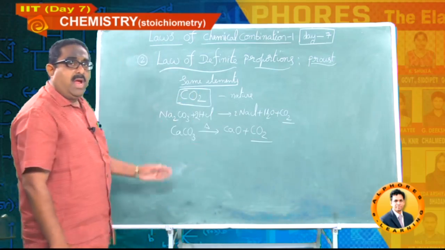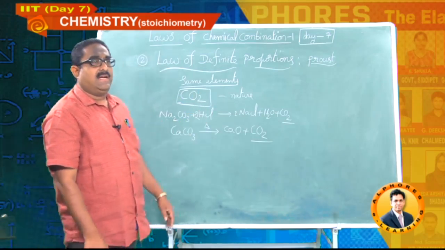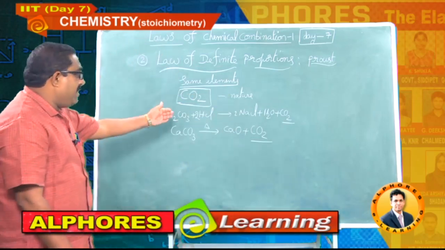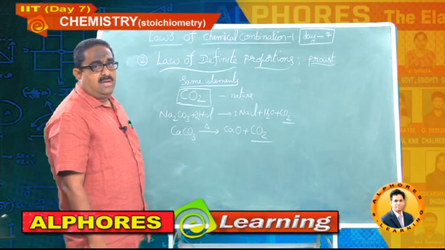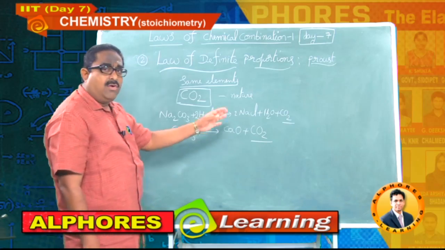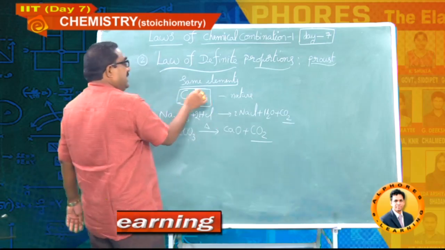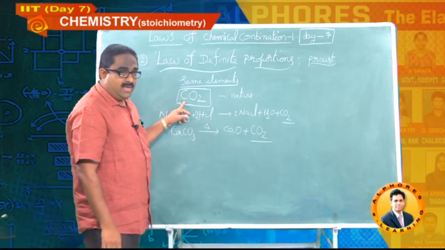Whatever might be the way of preparation of carbon dioxide, whether in nature or from any chemical reaction, wherever you observe carbon dioxide, its molar mass is 44 grams, because 12